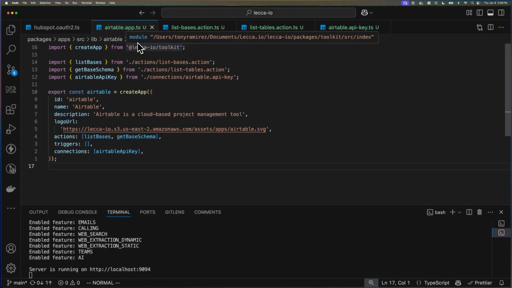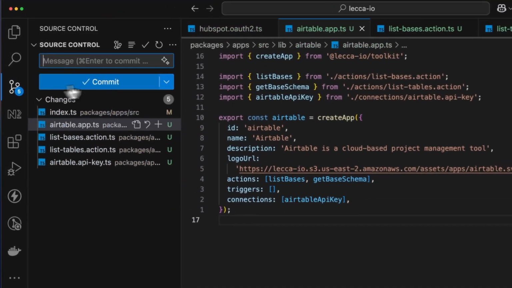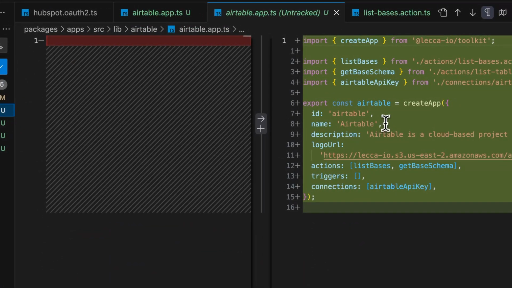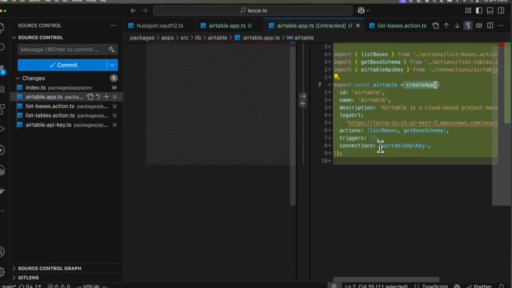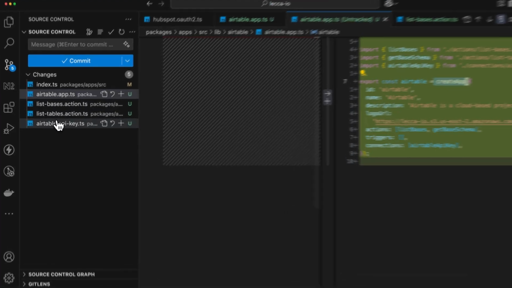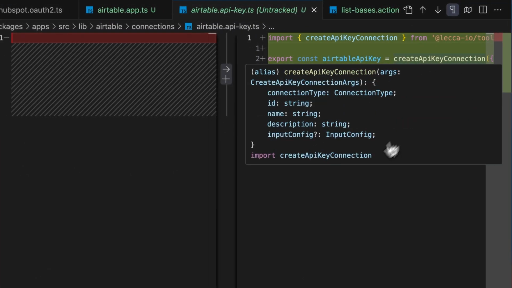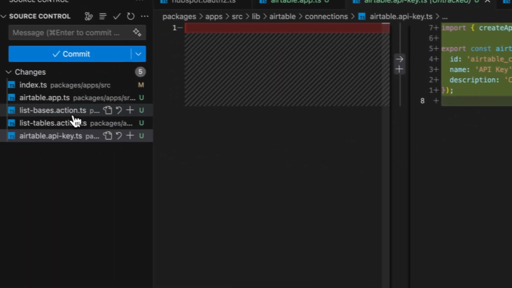I covered a lot, so I don't want to do too much. But if we look at what I changed, let's start with this. We added an Airtable app. So create app, Airtable, this is some basic stuff. This is where we add the connection type and then the actions we want. And then we added the API key connection type. So create API key connection, and it's just the Airtable connection API key. And then we added our two